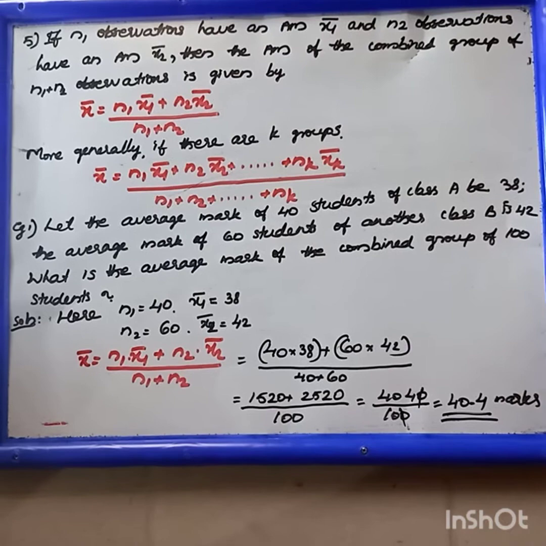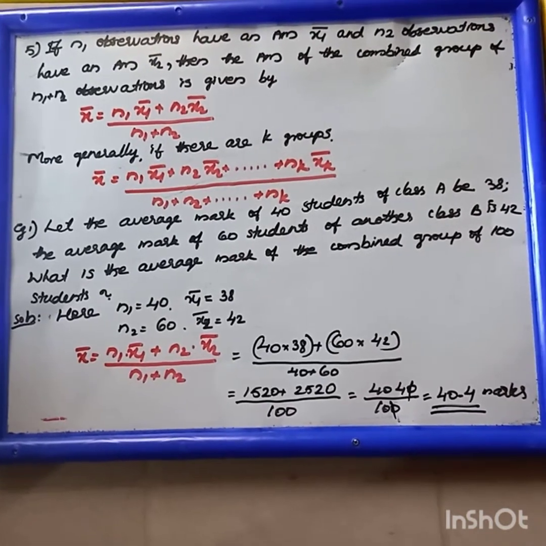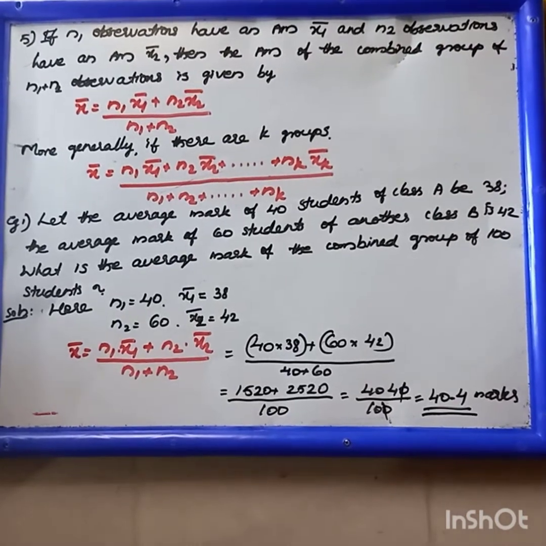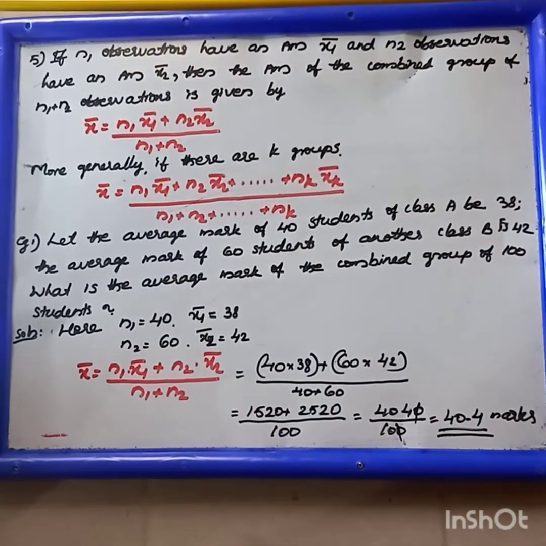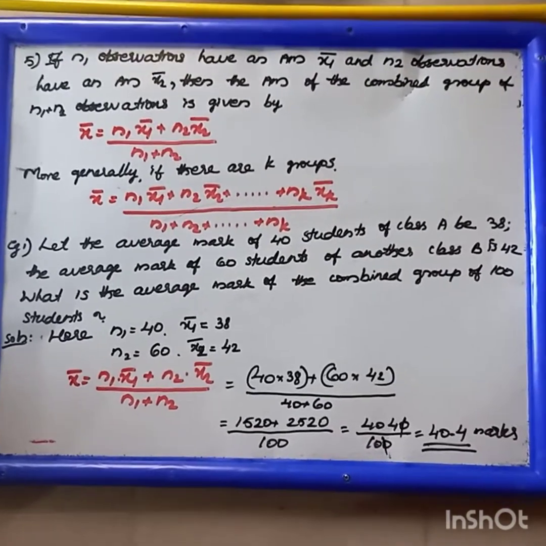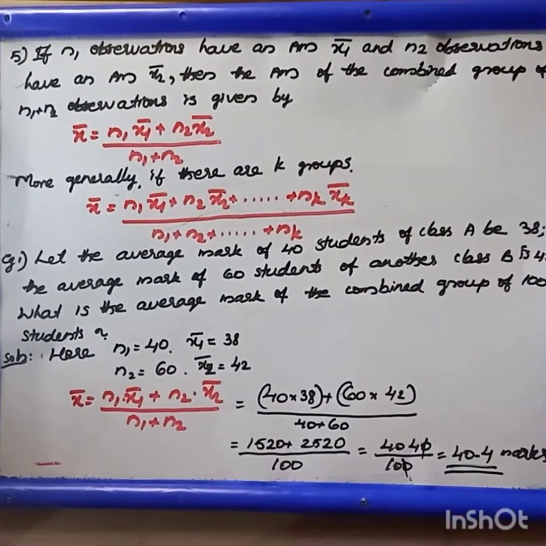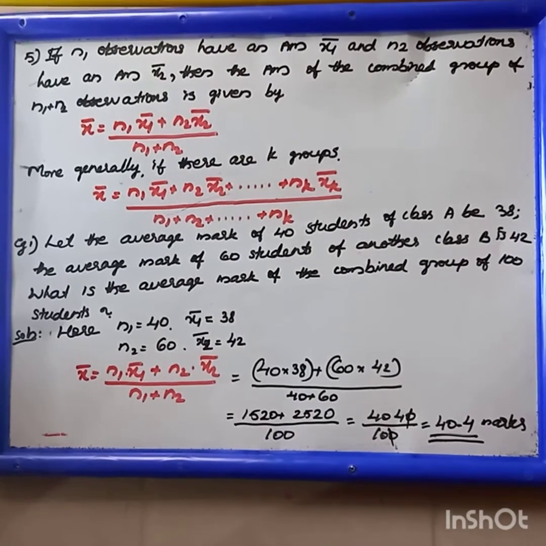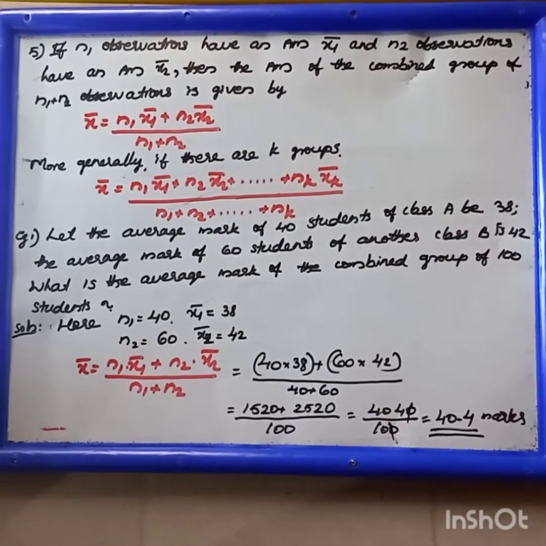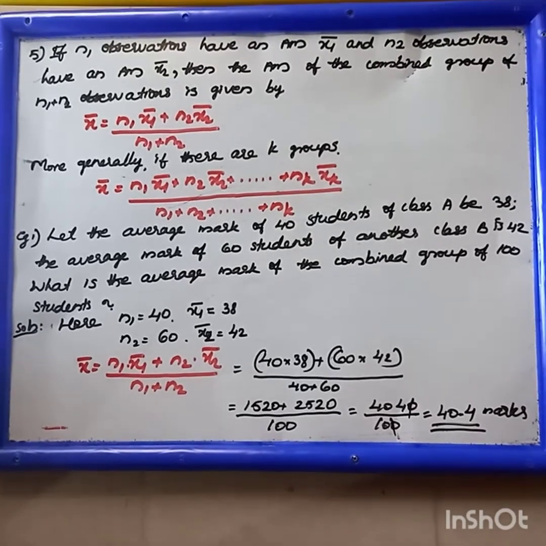Fifth property: if n1 observations have an arithmetic mean x1 bar and n2 observations have an arithmetic mean x2 bar, then the arithmetic mean of the combined group of n1 plus n2 observations is given by x bar is equal to (n1 into x1 bar plus n2 into x2 bar) divided by (n1 plus n2). More general